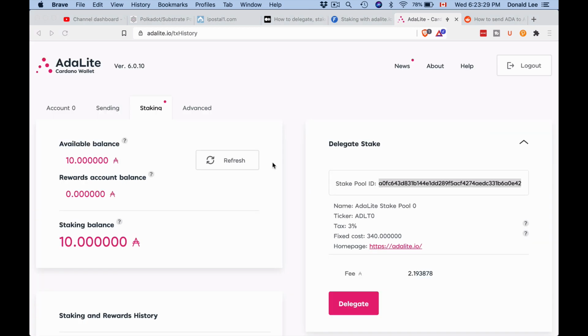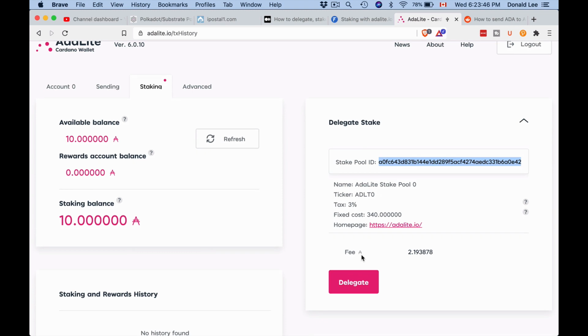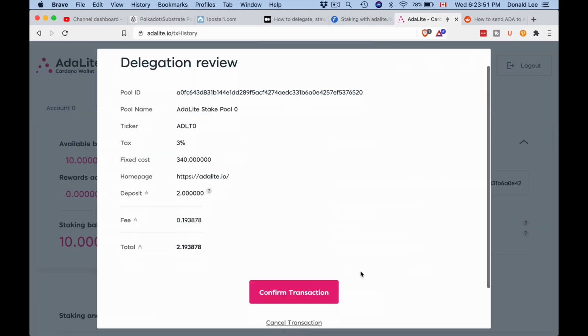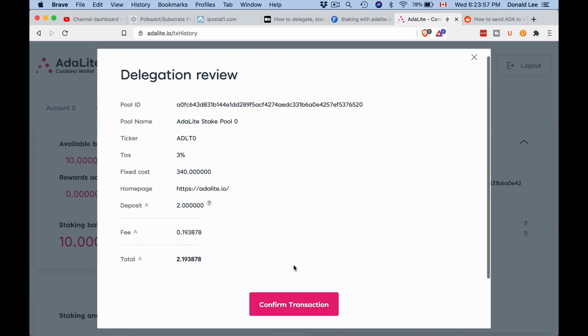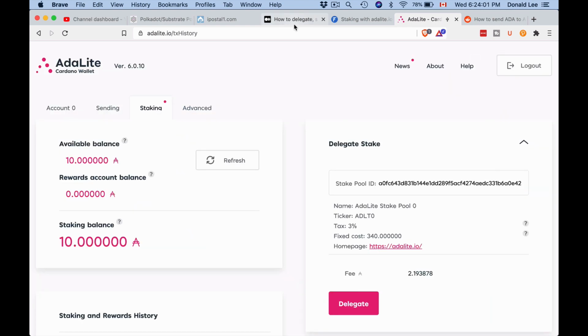After you send ADA to your ADALite Cardano wallet, you will see the staking balance. And once you have a staking balance, you can delegate your stake to a stake pool. So what you need to do is grab a stake pool ID. If this is a stake pool ID that you want to use, then just go ahead and click delegate and confirm transaction. I don't want to delegate to this pool, so what I'm going to do is